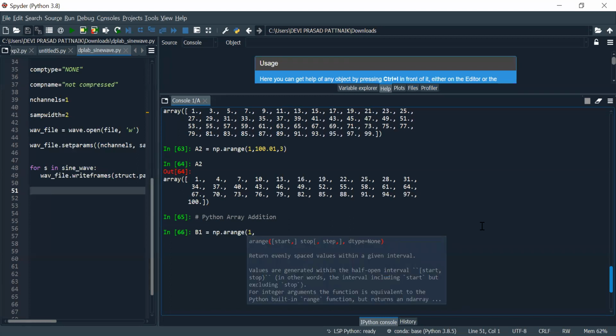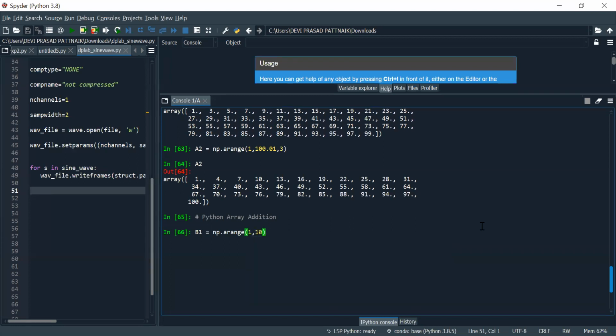So I'm taking values from 1 to 10. You can see the value of B1 is 1, 2, 3, 4 up to 9. How many elements are there? You can see that we have 9 elements.